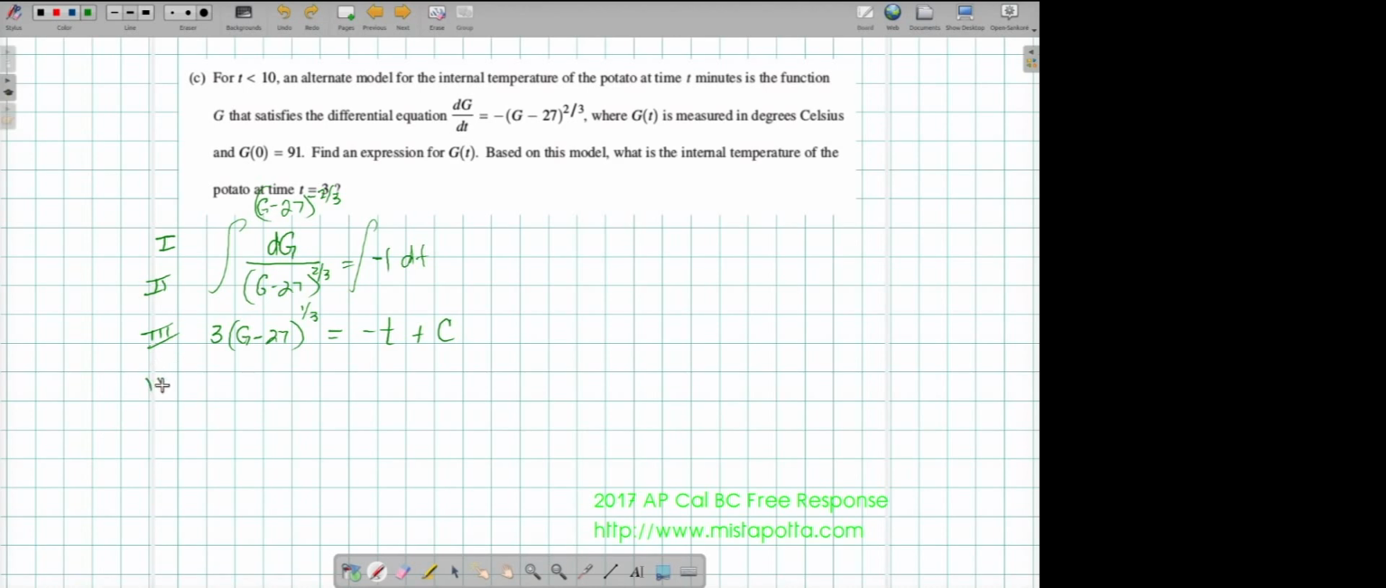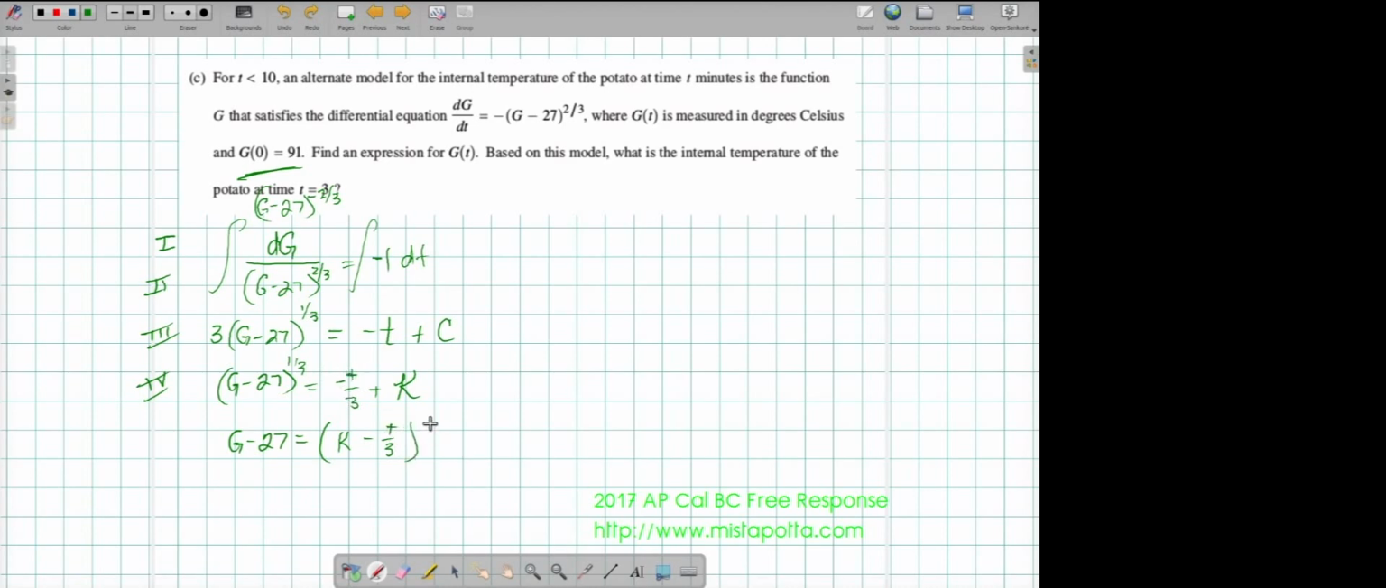Now what I want to do is solve for g, and then later on I'll use this tidbit of information to actually solve for my constant. So first thing I'm going to do is move the 3 over. So (g minus 27)^(1/3) is equal to negative t/3 plus a constant. I'm just using a different letter, k, to signify it's a different constant, but it is a constant. Then I'm going to raise each of these to the 3rd power. So this is going to be really (k minus t/3)